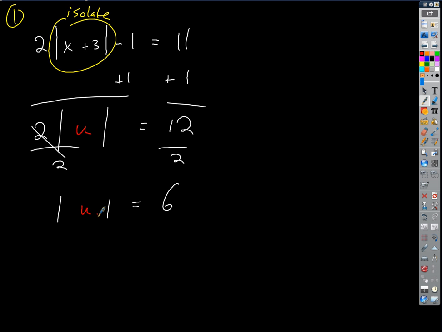Now what's our rule? If we've got the absolute value of something equal to a number, what's the change that we make? 6 and then negative 6. Okay, good. So here's where we're going to split this into 2 regular equations. Once we've isolated, we're done with part 1. We did it. We isolated the absolute value. Okay, next step. Step 2 is